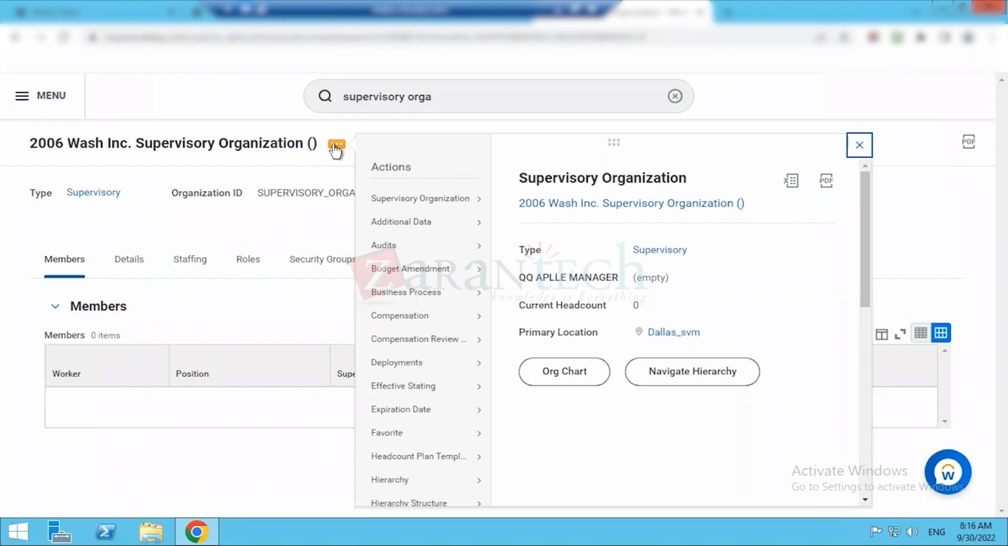This gives you additional options, or you can say additional choices for that specific task, or that specific report, or you can say that specific information in more details, as well as it gives us access to change